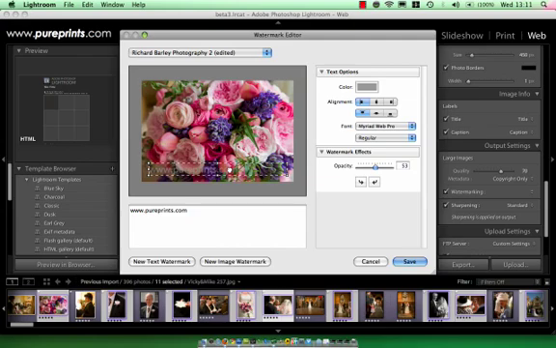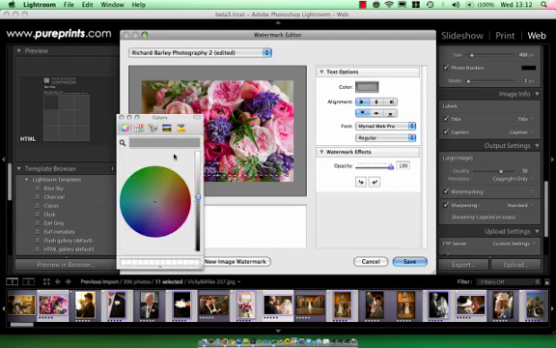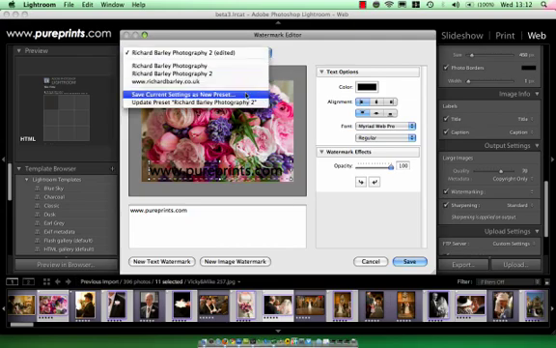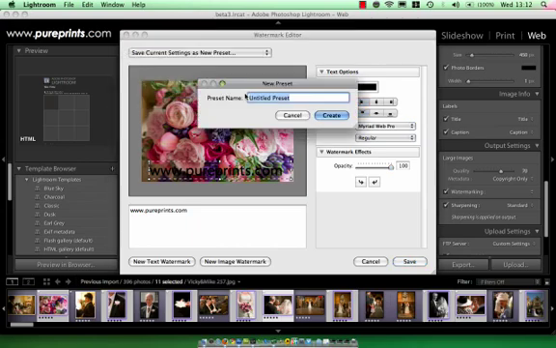I've got the opacity of this one set very low so you can't really see it, and you can change the colour to whatever you like. Just go on the slider, sorry, black. Size you can change, and then you can adjust the opacity over here. Obviously if it's a web address you want it to stand out because you want people to go back to your site. So we'll save that as a Pure Prints preset, so go down, save current settings as a new preset, and just call it